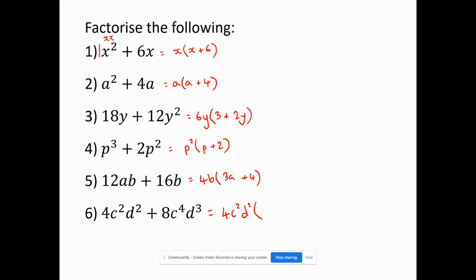And, well, 4c squared d squared times 1 will give us our first term, and 4c squared d squared times 2, now we're going to need c squared d. When this is multiplied with this, that gives us 8c to the power of 4d to the power of